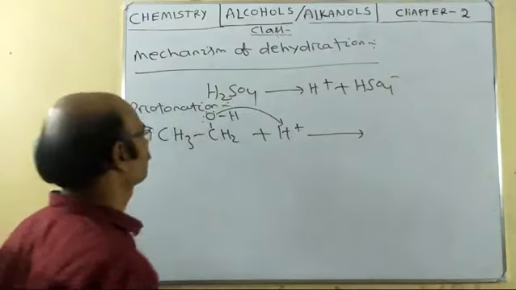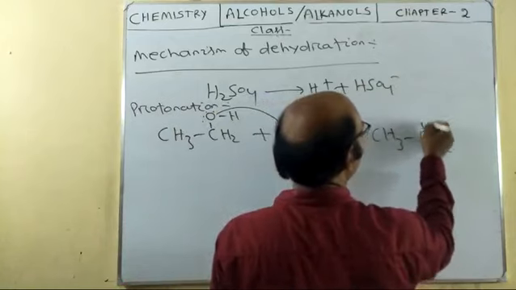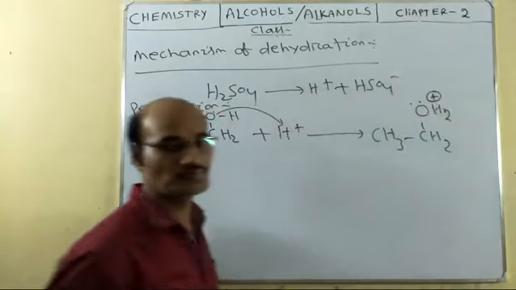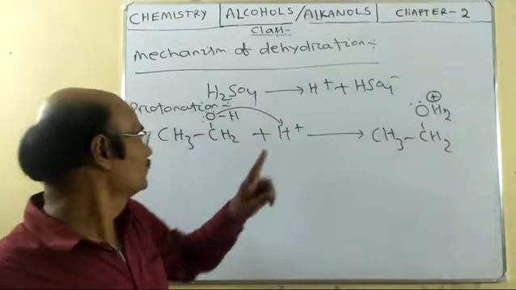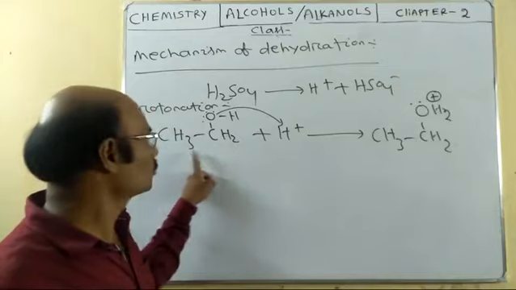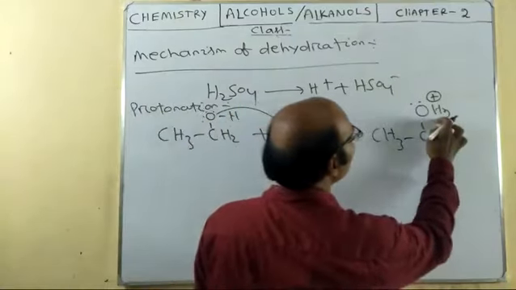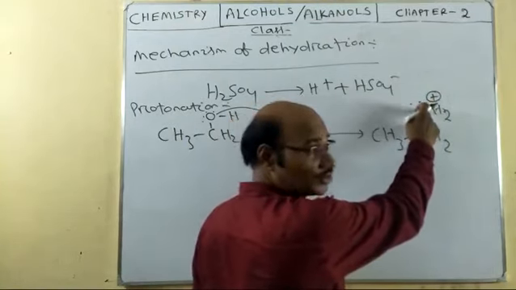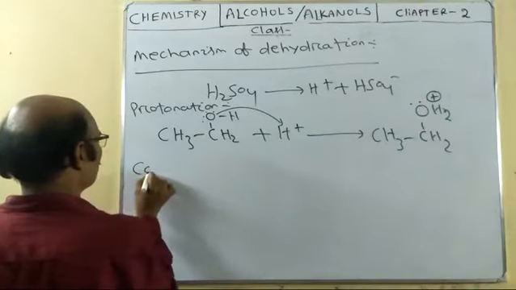You get CH3CH2OH2 plus. So first the sulfuric acid gives the proton. Now the alcohol takes the proton, undergoing protonation to give this species, with OH2 plus. Now the plus charge is on the oxygen atom, so it becomes unstable. So in the next step,